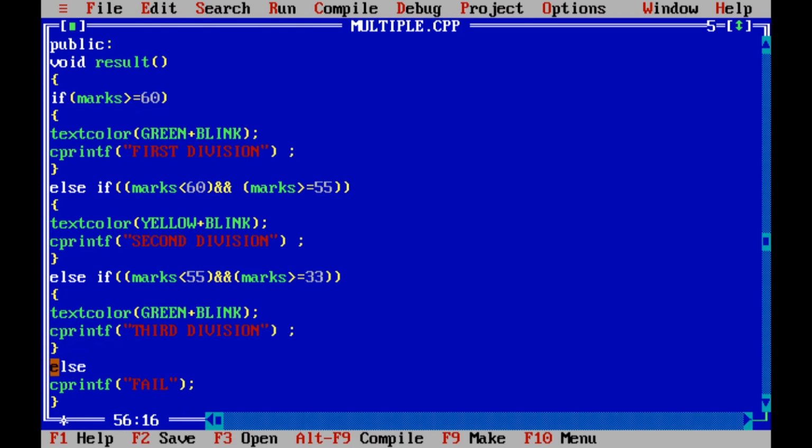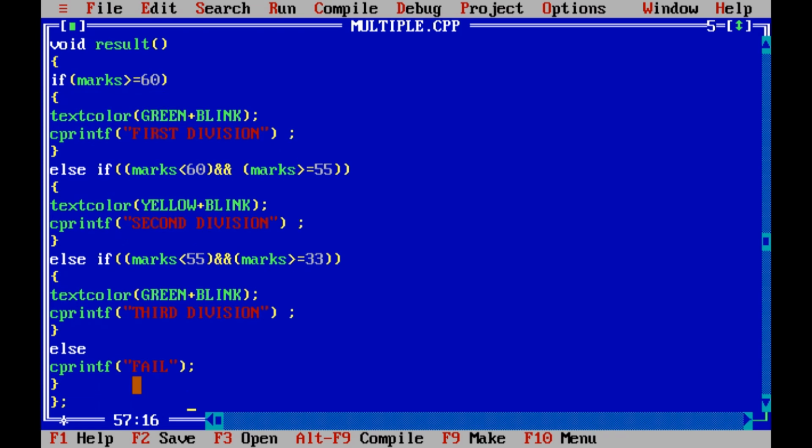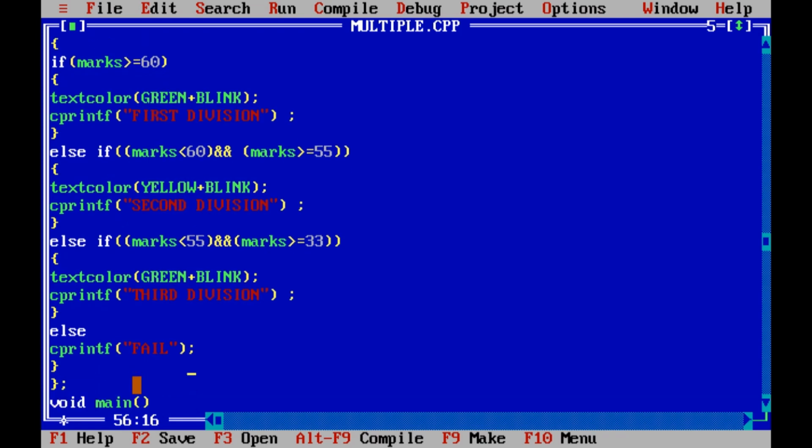And else, if all these conditions are false, then what will be printed? If it does not follow the condition for first division, nor second, nor third, then finally in the else part, whatever we keep will be printed. So we have kept fail, because if the student gets neither first, nor second, nor third division, that means the student is fail. Okay, so this way we have kept our